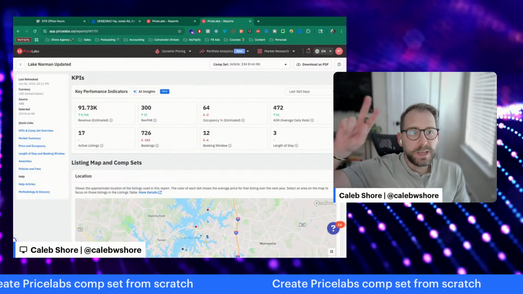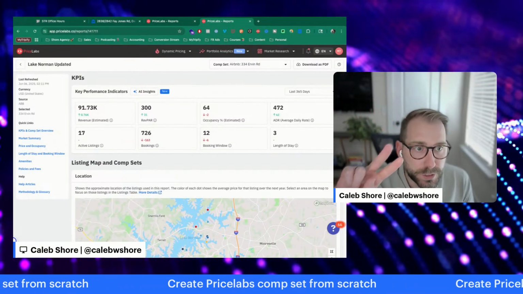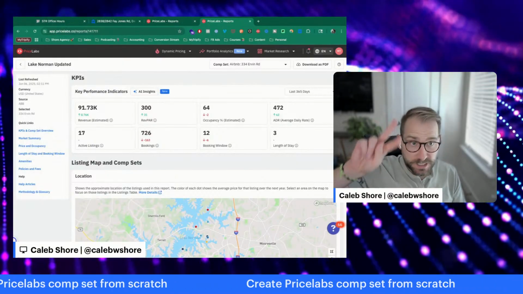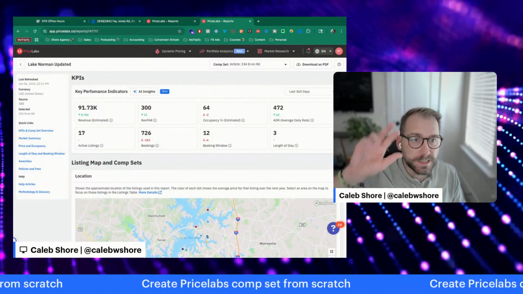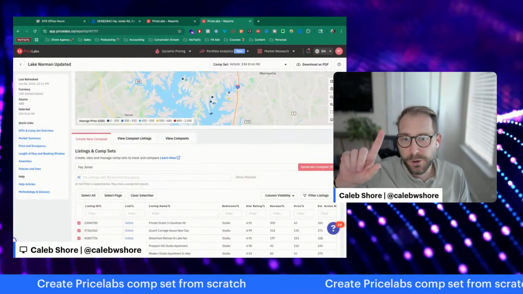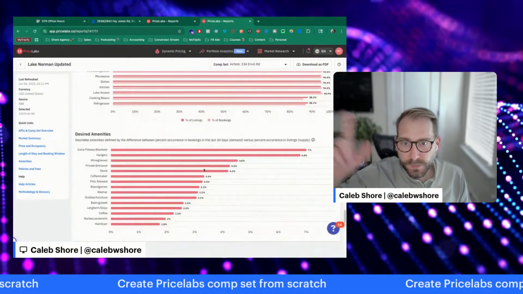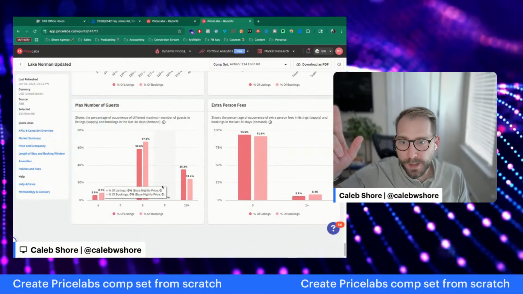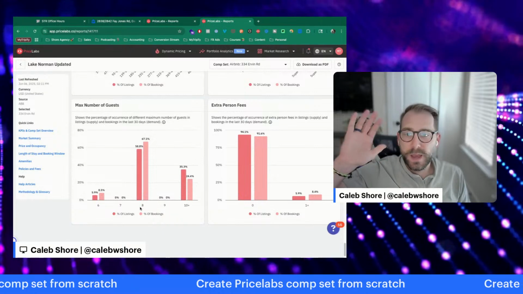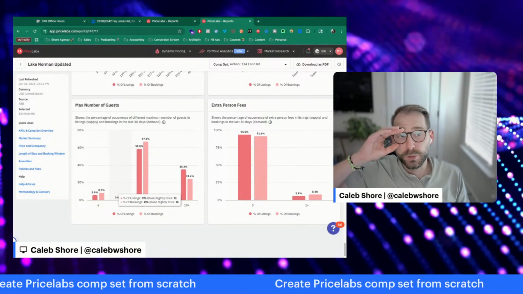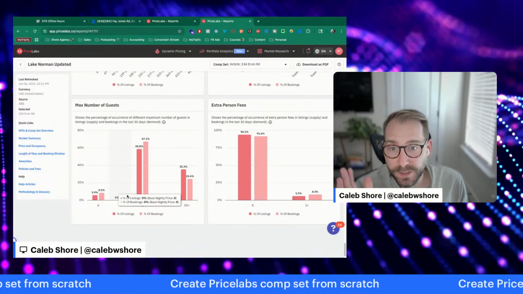Whenever we, at the beginning of this, I said there's two main levers, biggest points of leverage: the pricing and minimum night stays. This is step one of that process, setting it up correctly to figure out where in here there's opportunities. Like, for example, max number of guests. If we've got a property that only allows 7 guests, we're shooting ourselves in the foot, because for this comp set,